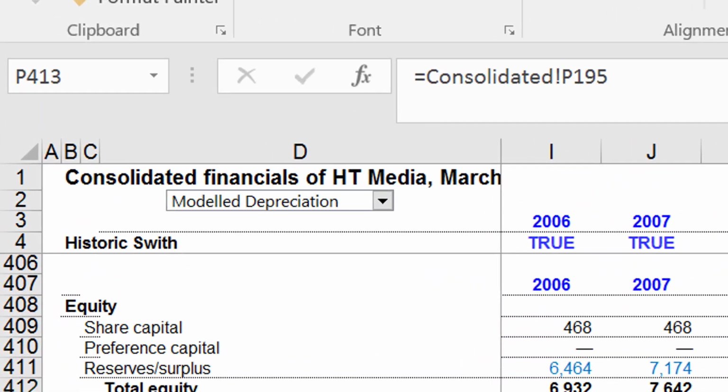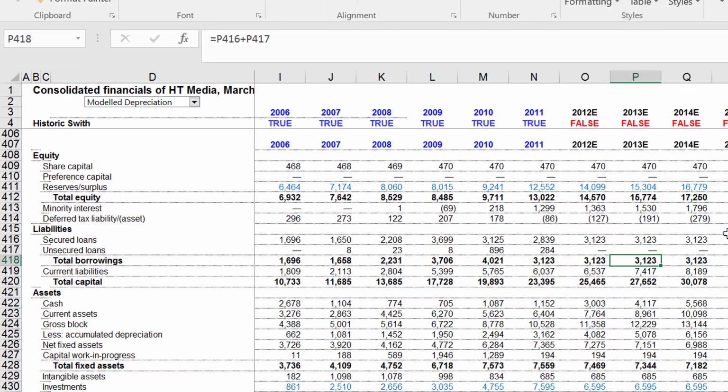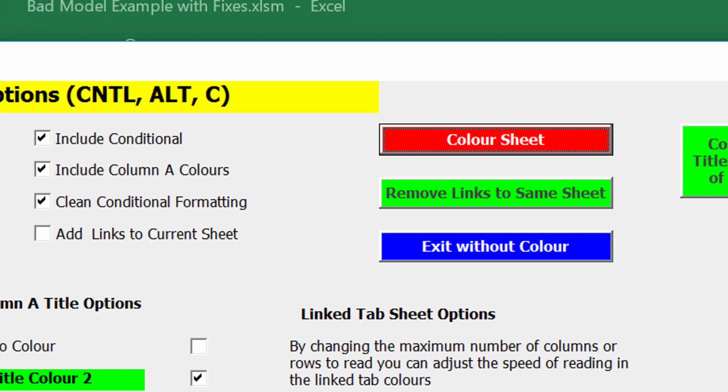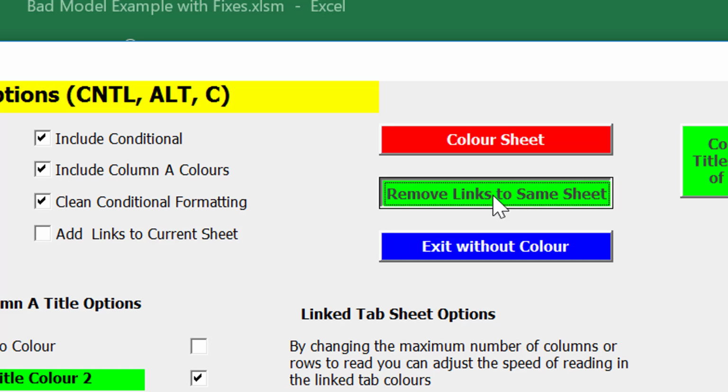Do you see this? This sheet is named consolidated, and when I put it together, it still had consolidated here, which I find irritating. So we press Control-Alt-C. Sorry about a little bit of this mechanics. My friend said I jump around a little bit too much, and they're absolutely correct. So what you do here is you press this thing called Remove Links in the Same Sheet. Just click on that one, and